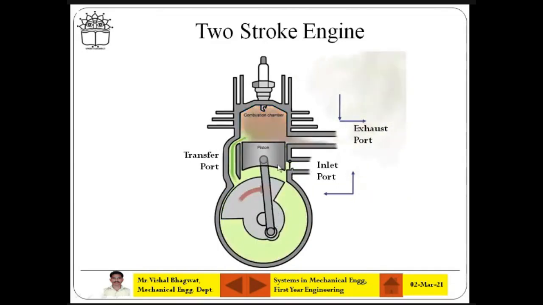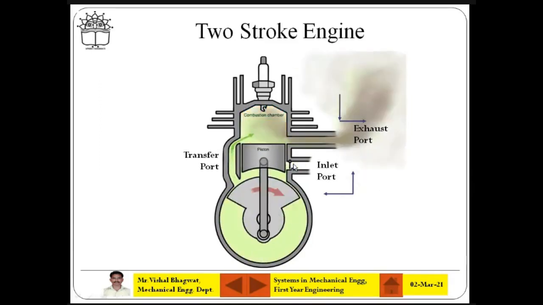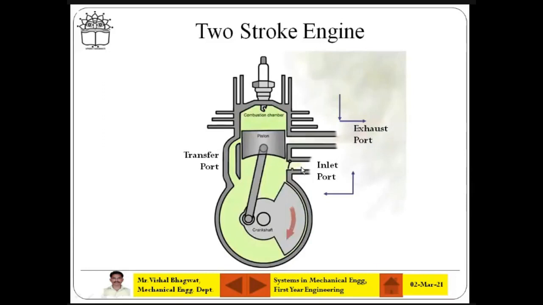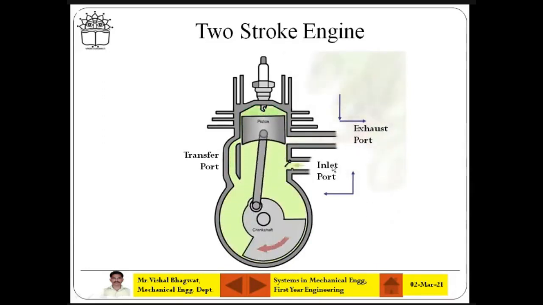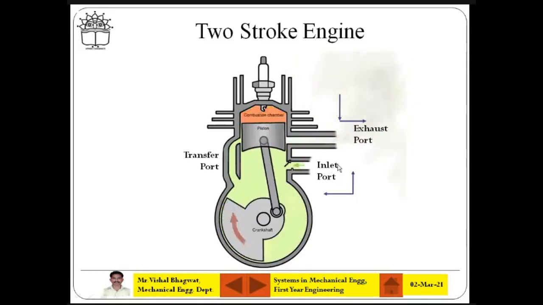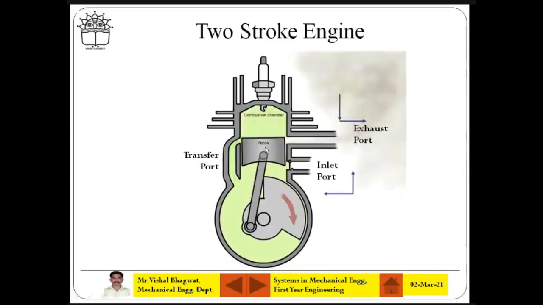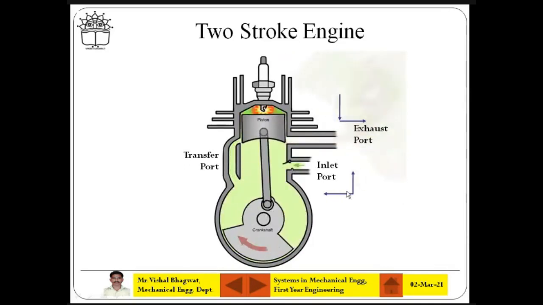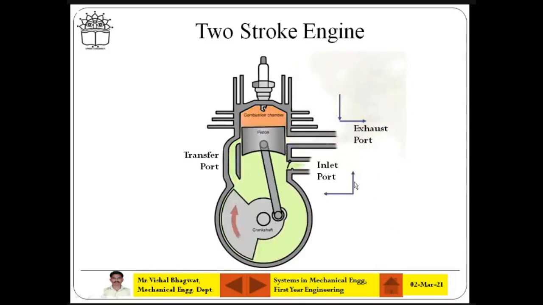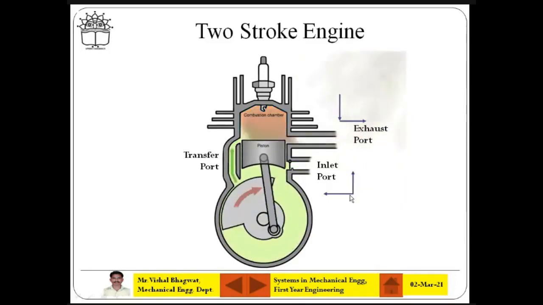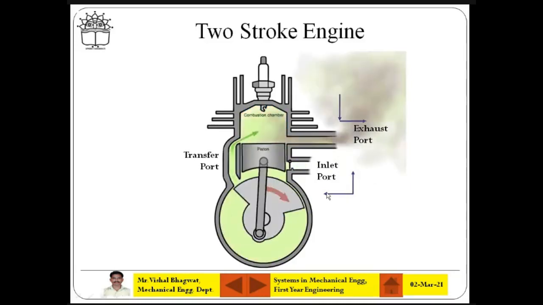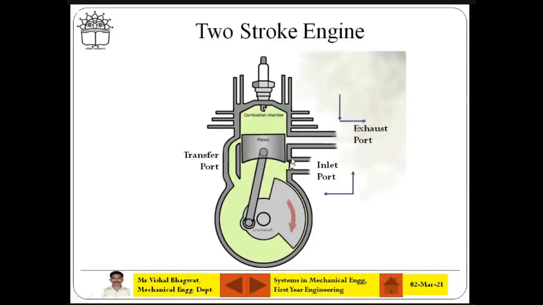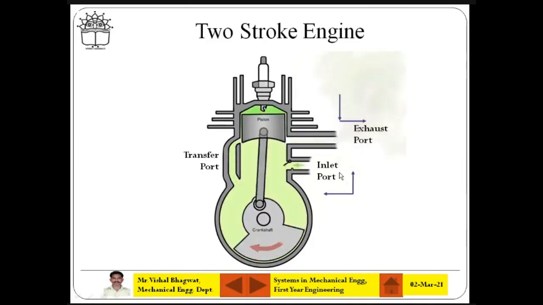Now, what is coming in if you are talking about the petrol engine? Just to talk about the petrol engine, and you can use it for diesel also. So when you talk about a petrol two-stroke engine, from the inlet port, just observe carefully what is happening in this animation. When the piston is going up, at that time the inlet port is open and only the air plus petrol mixture is coming into the crankcase. Good? Are you with me?